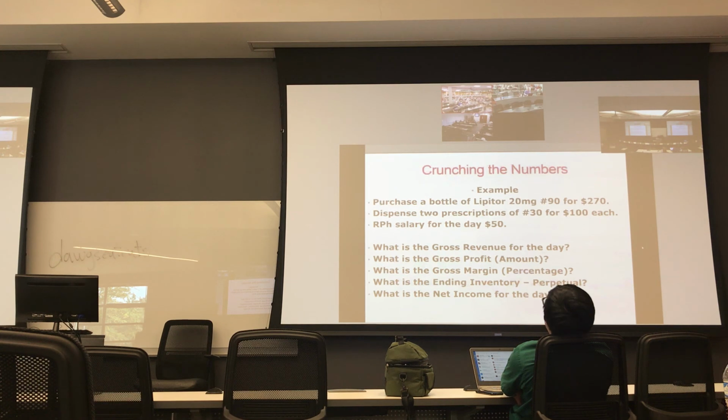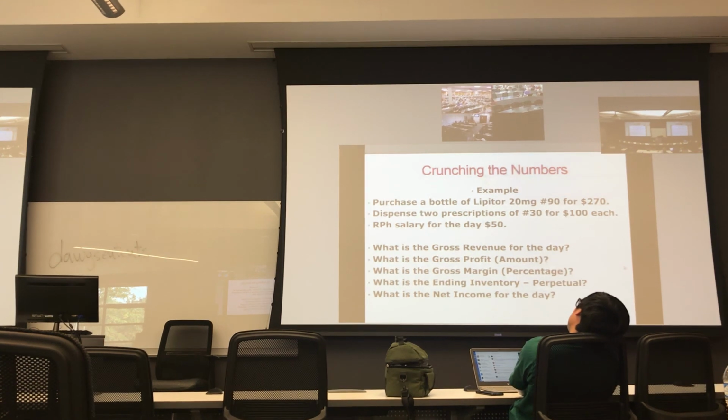So we've got 10 more minutes. This just shows you how to punch the numbers, and we just do it. Lipitor selling: you buy a bottle of 90 for $270, so they're $3